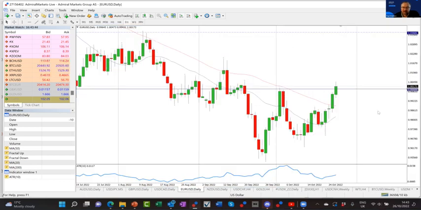Euro dollar has been in a very nice daily downtrend. Every time it came back up to the red 50, it bounced away. Price has fallen quite significantly, but then what does it do here? It opens, pushes to a new low, rallies all the way up, and closes higher than the high of the previous candle. Bullish key reversal, price rallies up for the next few days. Price drops again, but price opens here, pushes to a new low over the last few days, rallies up strongly and closes above the high of the previous candle.